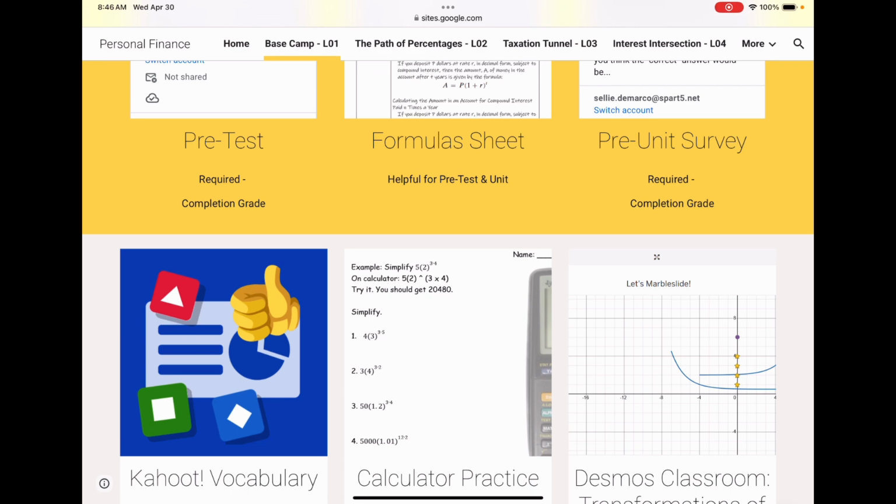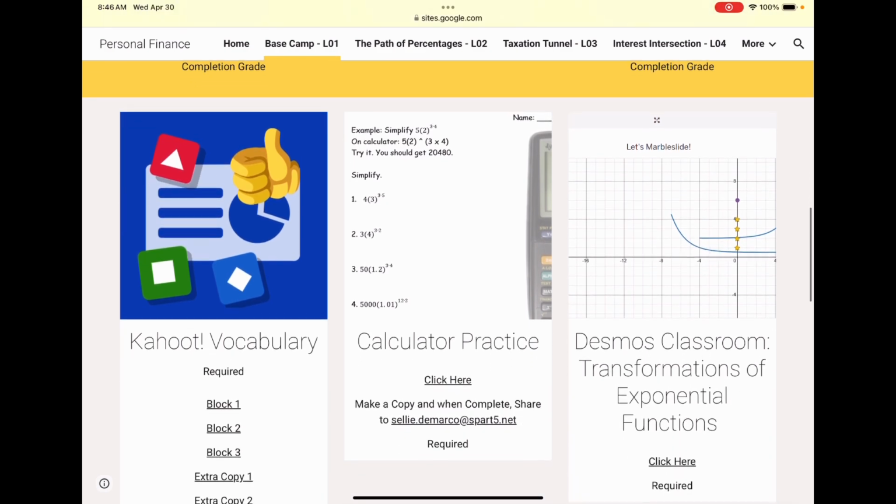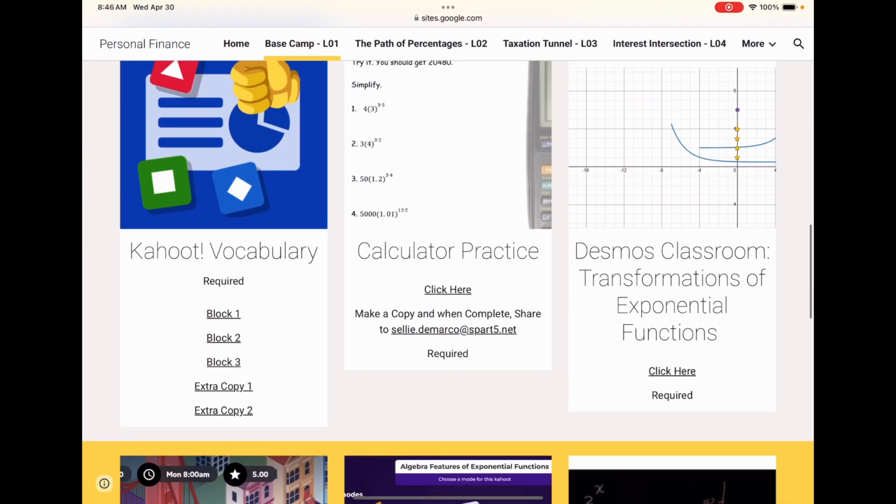The two on this one that I wanted to mention were, first, the Kahoot vocabulary, which Kahoot was brand new for me. You can see as the classes were going through it, for some reason it was closing the students out, but those extra copies, once you try them, should work and take you to the Kahoot. I used it as vocabulary. It served as the pre-teaching vocabulary for our English language learner students, and was also beneficial to all the students to get a glimpse of what we'd be talking about.